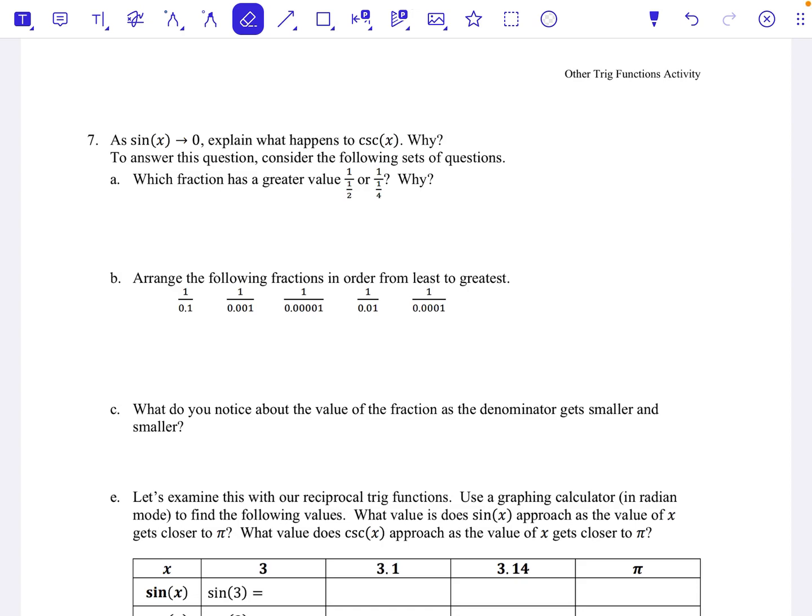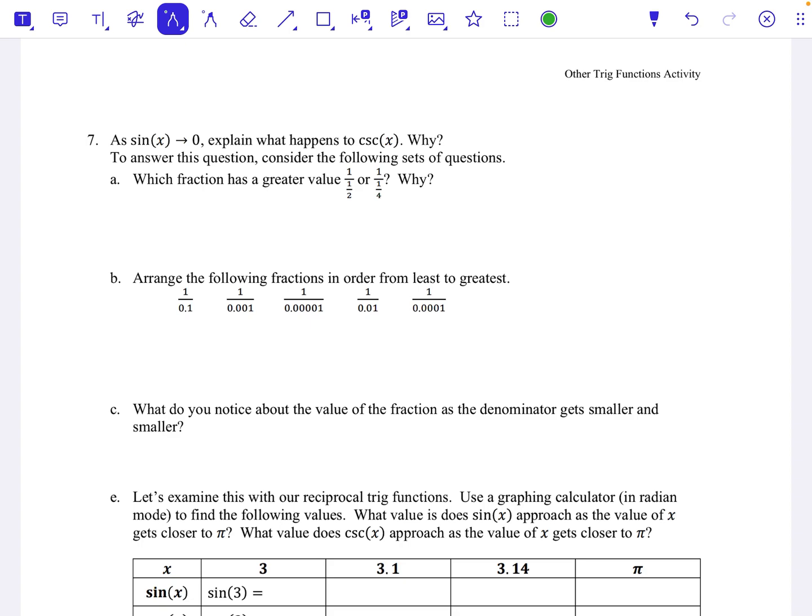Let's continue on and keep looking at what makes these reciprocal trig functions unique. And so we're going to do a little bit of behavior exploration and thinking about how does sine behave, and therefore how would its reciprocal behave. So to do that, we're going to do a little bit of fraction review before we even dive into the graph itself. So if you do a like 1 over 1/2, what actually ends up happening is that's 1 divided